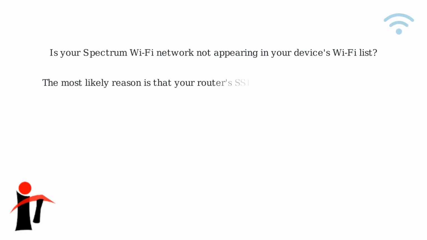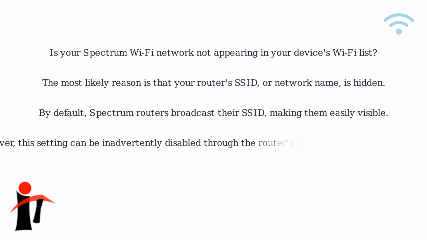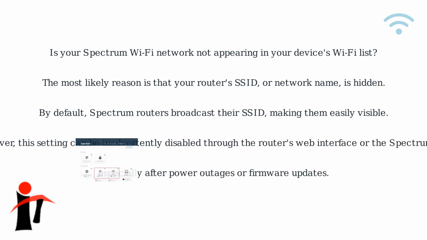Is your Spectrum Wi-Fi network not appearing in your device's Wi-Fi list? The most likely reason is that your router's SSID, or network name, is hidden. By default, Spectrum routers broadcast their SSID, making them easily visible. However, this setting can be inadvertently disabled through the router's web interface or the Spectrum app, especially after power outages